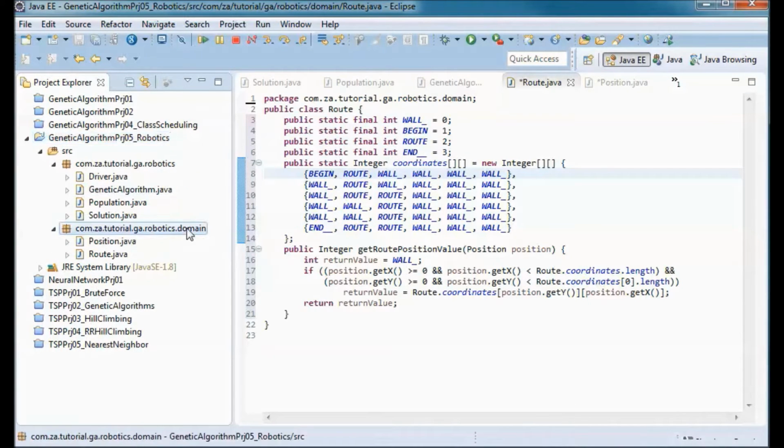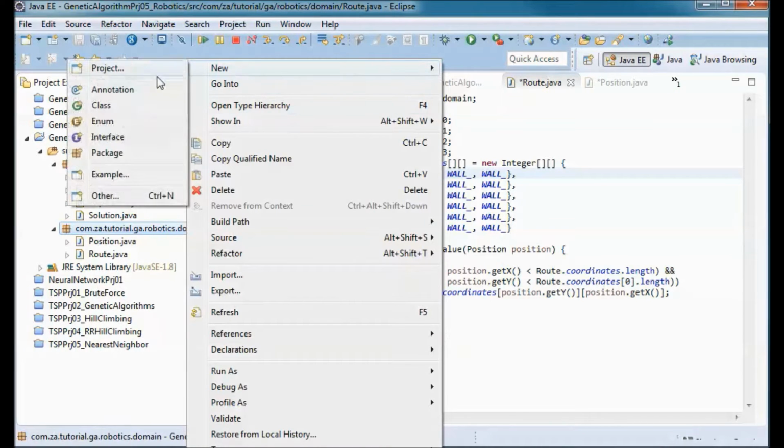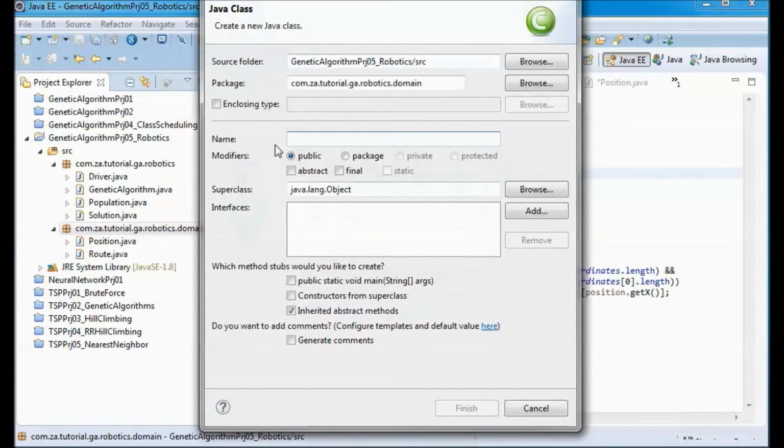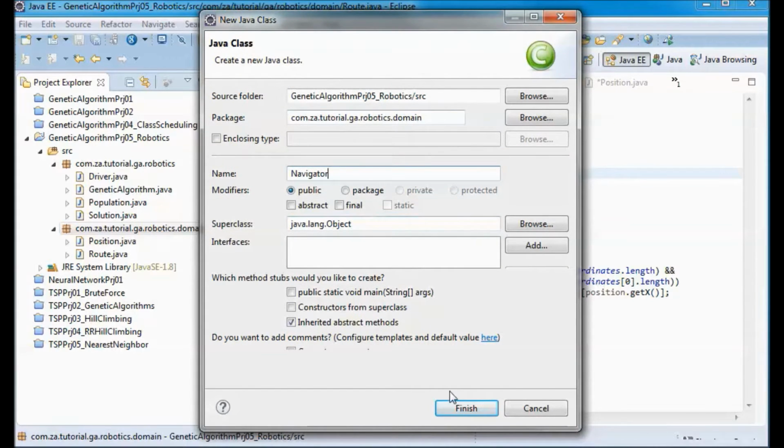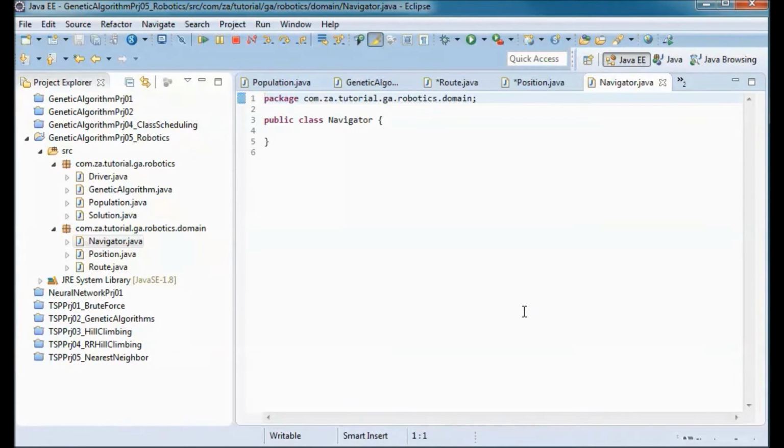And the last class we will be creating here is the navigator class, which represents an autonomous robot navigator, and the directions from the point of view of that robot would be either backward or left or forward or right.